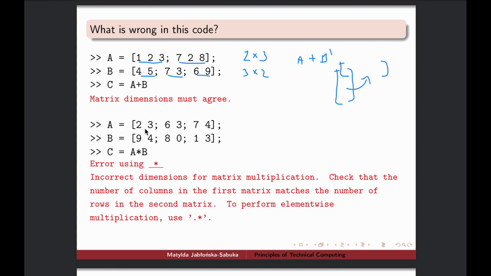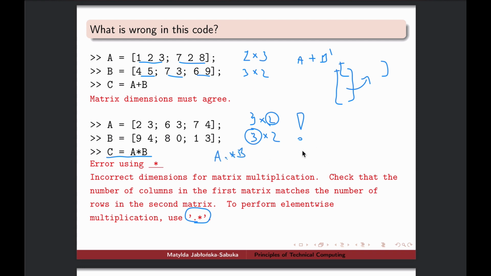Okay, and then second example, we have two matrices which are actually the same size, so 3 by 2, both. But we are trying to multiply them with the algebraic multiplication, which is not allowed because the number of columns in the first one is not the same as the number of rows in the second one. This is not matching, so it is not possible to be done. And the error says very clearly, if you want element-wise multiplication, please use dot. So I should have written A dot multiplication B. And